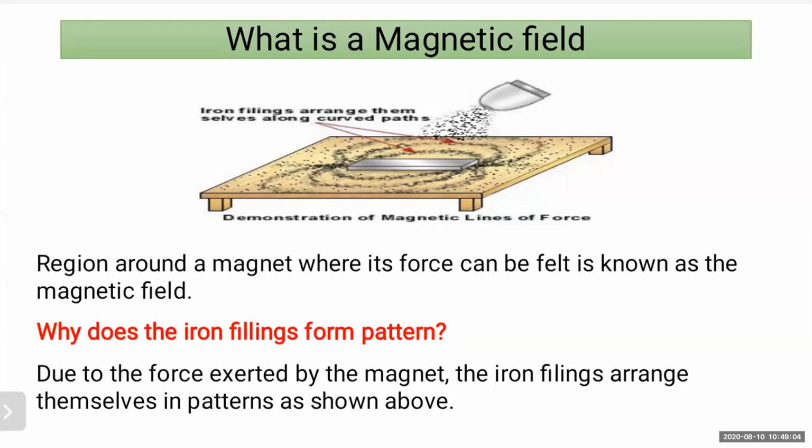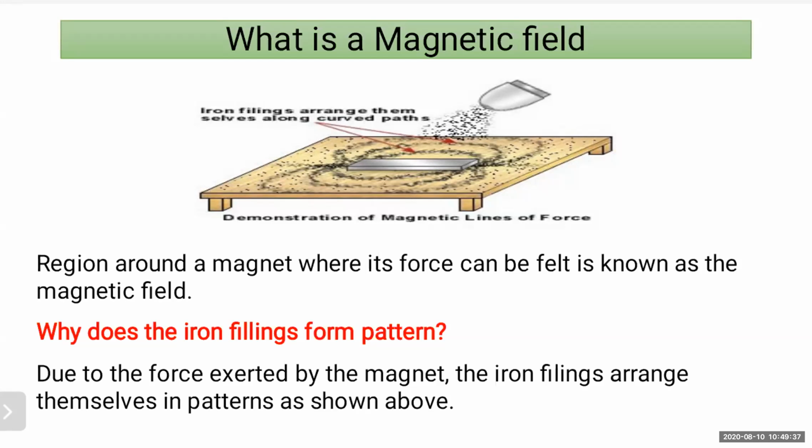The region around the magnet where its force can be felt is known as the magnetic field. There are iron filings arranged around the magnet. Okay, look at that figure. What does it show? The region around the magnet where its force can be felt is known as magnetic